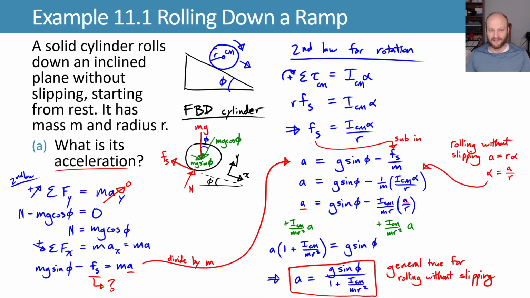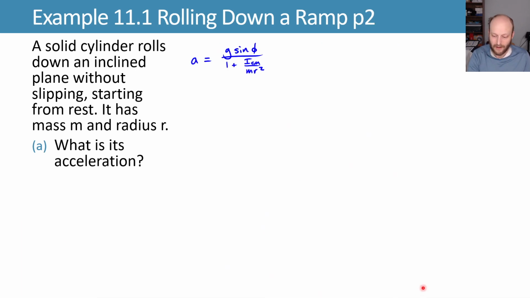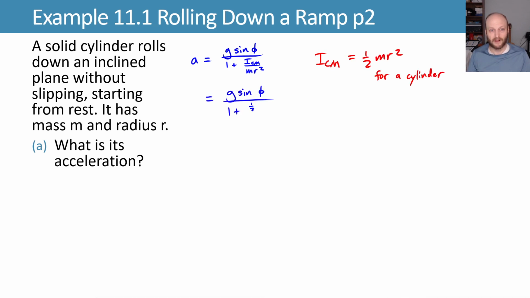All right. We need a little bit more space. So let's start with where we stopped here. This is our generally true statement. And now we'll try and find it for this particular solid cylinder. That means we have to look up our moment of inertia for a solid cylinder, which is 1/2 mr squared. We can now substitute that in for the I center of mass. Do a little bit of algebra, cancel out the mr squareds here,